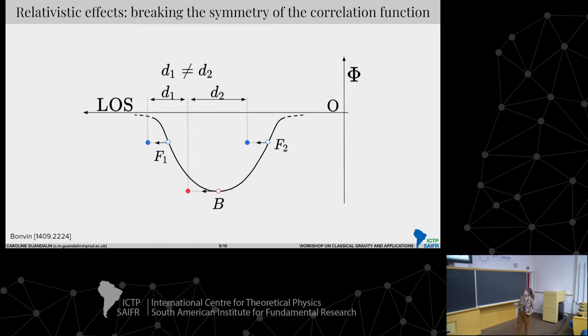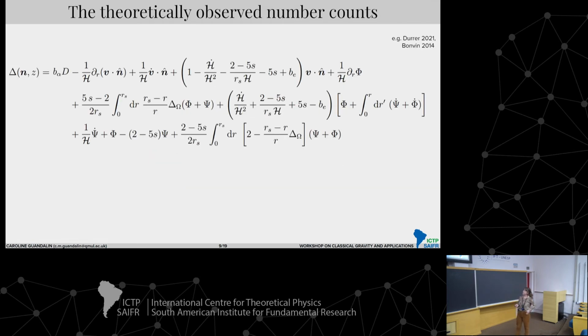While the bright galaxy at the very bottom of the potential, the photon emitted by it will have to climb a much higher step in order to escape and reach us. So this galaxy suffers a larger gravitational redshift than the other two galaxies. And if you put this against the line of sight, you're going to see that a situation which was originally symmetric, so these galaxies were exactly at the same distance from the bright galaxy, now exhibits an asymmetry along the line of sight. So something that was initially symmetric now becomes asymmetric. And this will introduce a dipole.